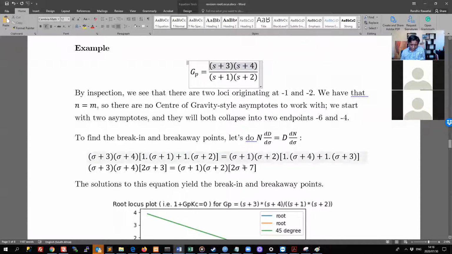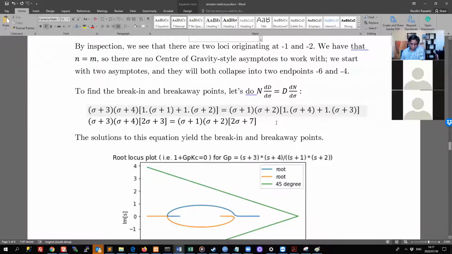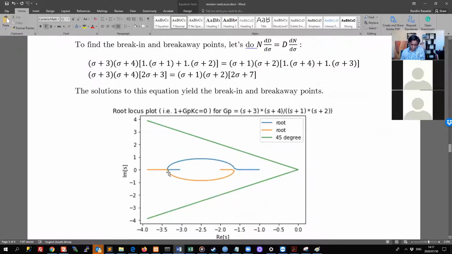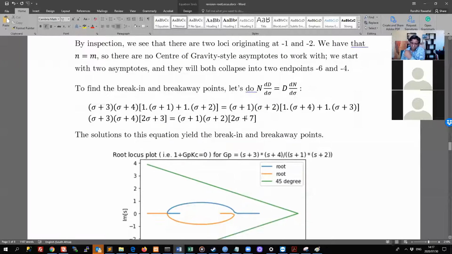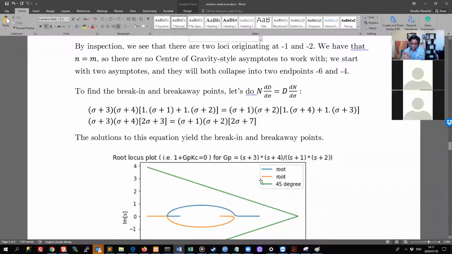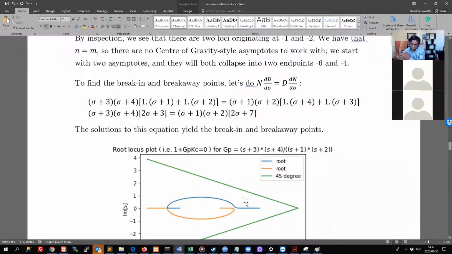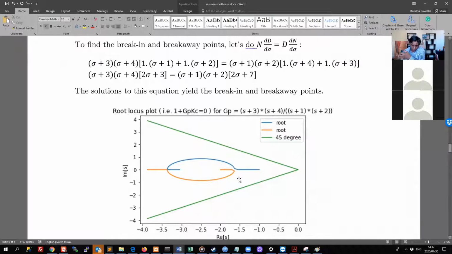So in this case, if we solve this equation, we will get two numbers, which will be those break-in and breakout points. And then we could look at some small distances around those points. Or you could actually differentiate that function and test whether the real and imaginary parts are positive or negative. But anyway, we know it moves, we have to figure out whether it's moving towards or away from that